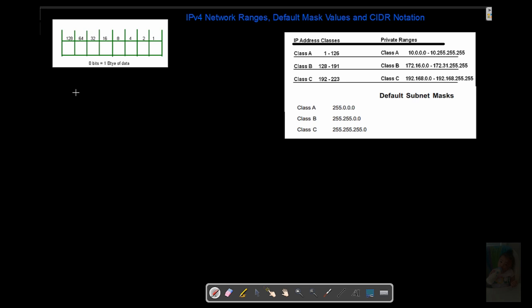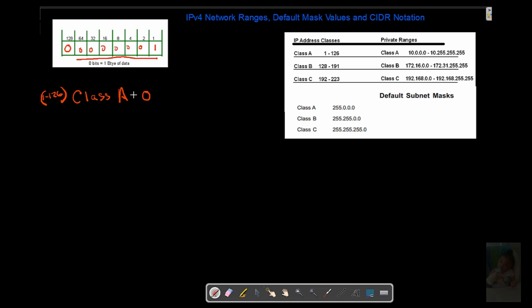Well, let's remember that we have a class A. A class A has a beginning bit pattern of 0. Okay? 0 anything. If it starts with a 0 in this bit pattern, the value will be no higher than 127. Alright? If all of these bits are on, we're at 127. If all of these bits are off down to this point, then we're dealing with 1. So class A, 1 through 126